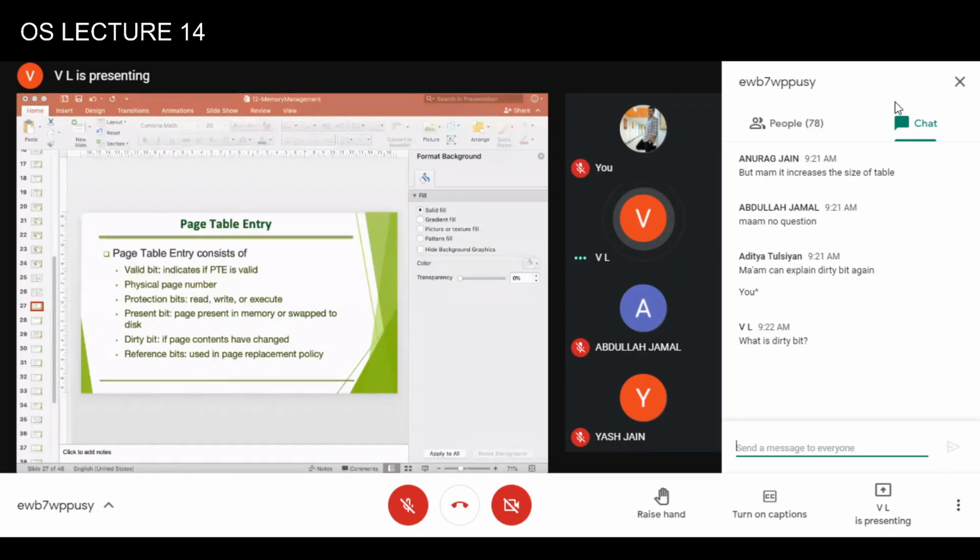Gunjan Shekhawat? Gunjan, yes, ma'am. Can you explain what is dirty bit?